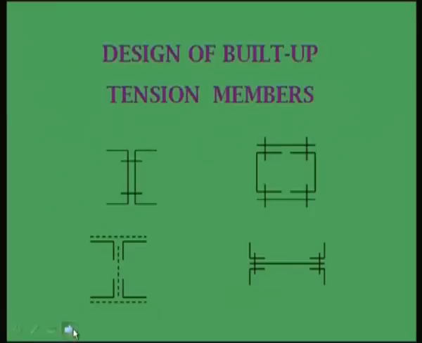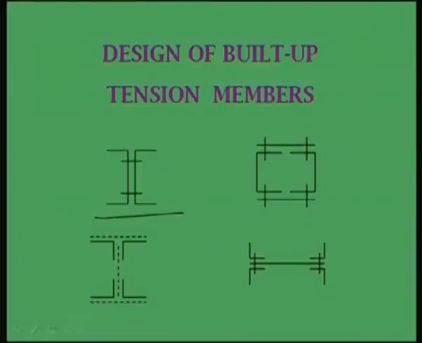Now we will go to another thing, that is design of built up tension member. As we have discussed at the very beginning, if the load is very high, or from an architectural point of view, sometimes we have to go for built up sections. Why do we go for built up sections? Mainly because of the large magnitude of the load which cannot be carried by a single section. The available single section is not able to carry that much load. In that case, a suitable arrangement of built up section is required.